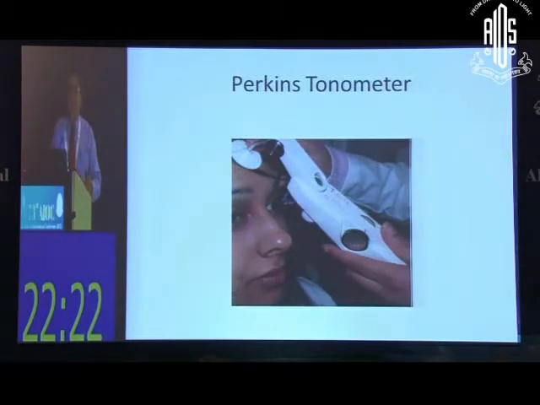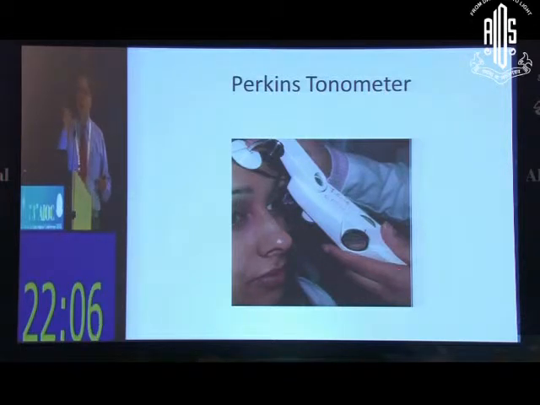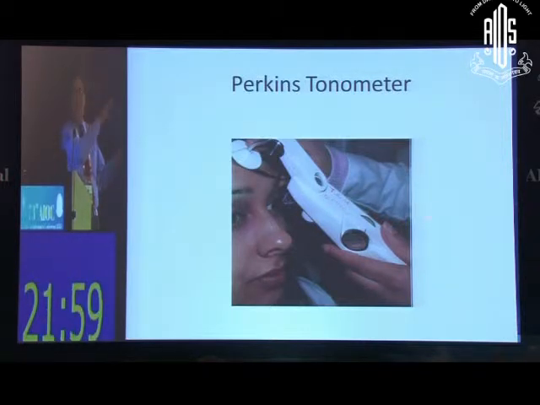Perkins is the handheld version of the same, where the forehead rest is anchored by the thumb of the examiner against the forehead, and the instrument is being held up by the other hand. And like you did in Goldmann, I suggest that you first align this prism from outside. Looking from outside, take it close to the cornea, and then once it's touching, you switch to the cobalt blue filter and you will see the mires.